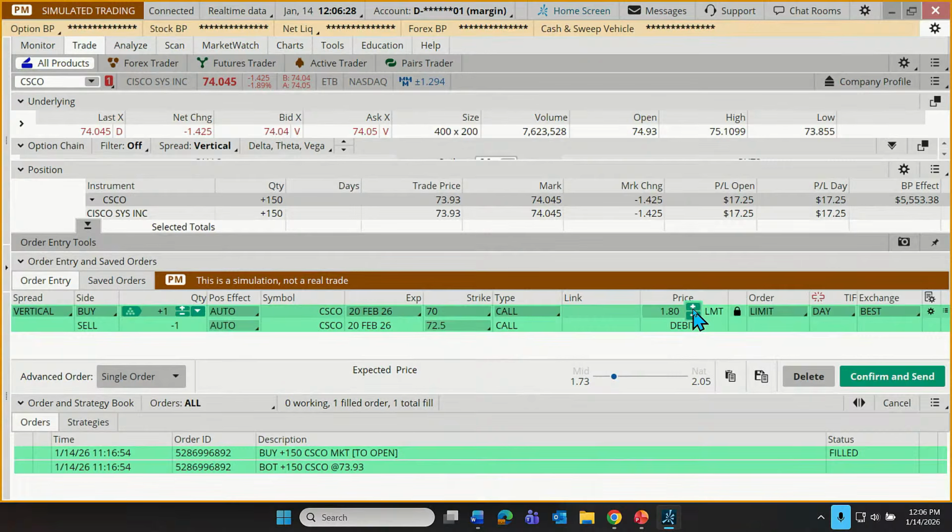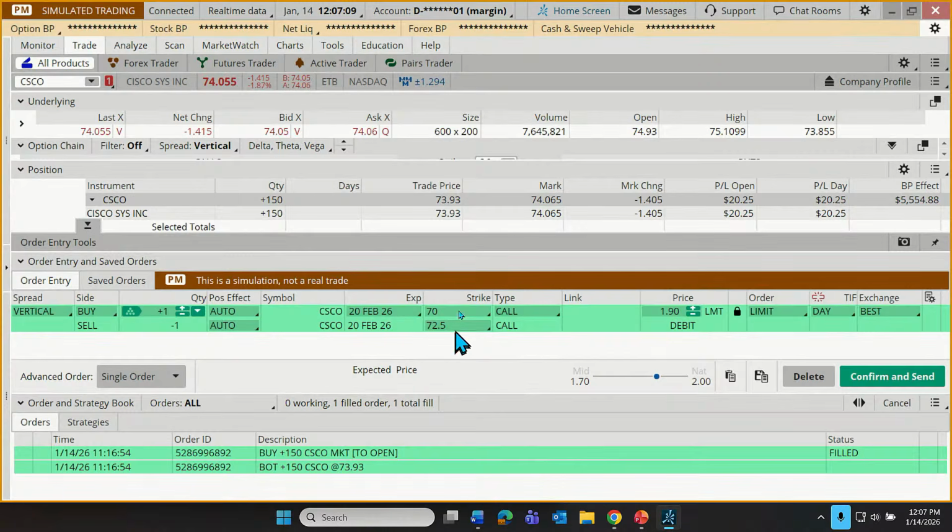Let's say our trader is willing to spend, shall we call it, $1.90? Let's do that. Let's go halfway between the mid price and the natural in an effort for this trader to bump up the probability of a fill. Anyway, so this is the trade, spending $1.90 to get into a $2.50 wide spread. Our vertical spread traders know that if we're spending $1.90 to get into a $2.50 wide spread, it's leaving 60 cents over for profit. But we do have this very different style of chart that might help give that trader, if we don't know those numbers, we can see those numbers displayed on the chart.